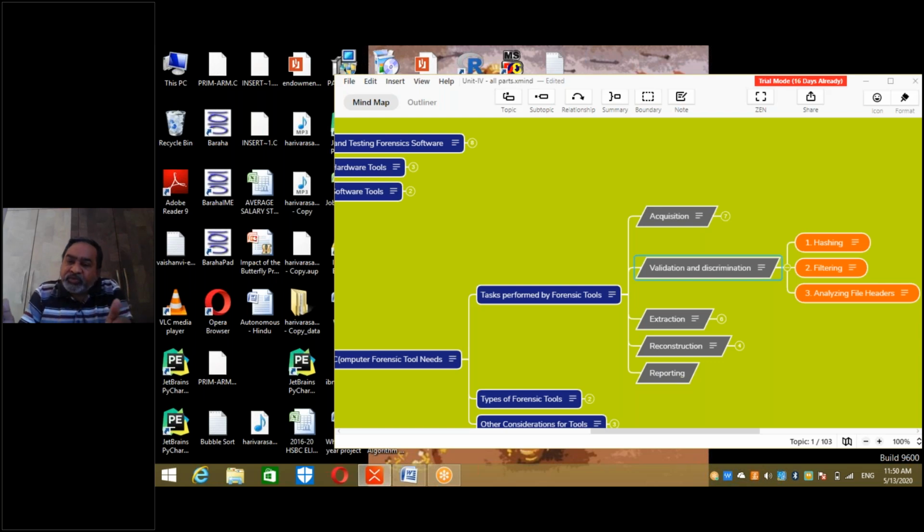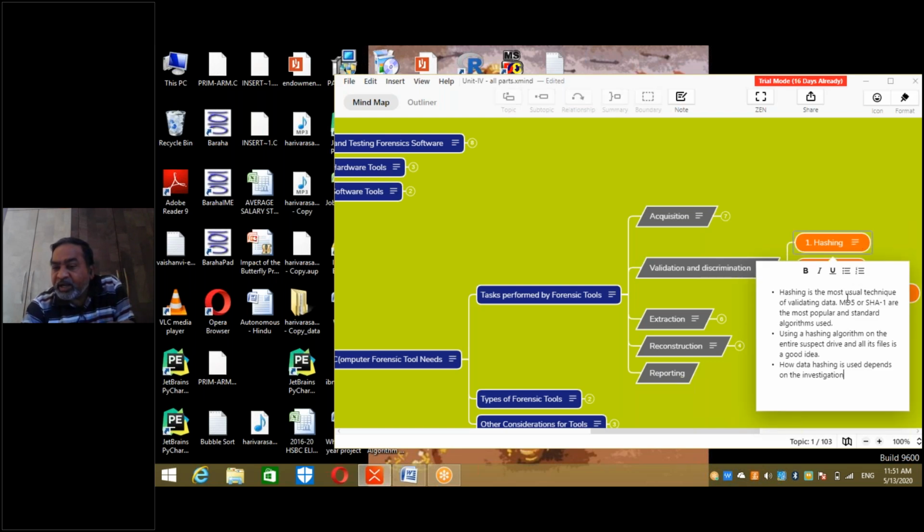There are tools available in most of the software tools. Hashing is also a built-in feature you can use. Simple versions, MD5 and SHA-1, are the most popular ones that are used. So it is the most usual technique of validating data. Using a hashing algorithm on the entire suspected drive and all its files is a good idea.